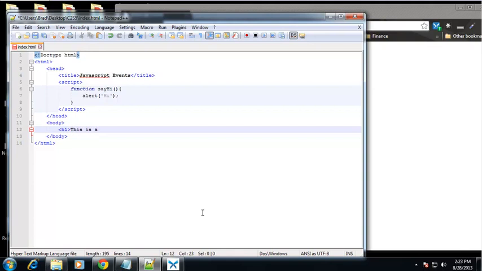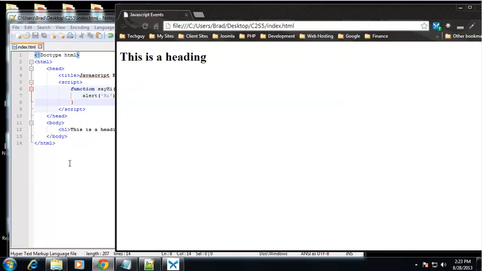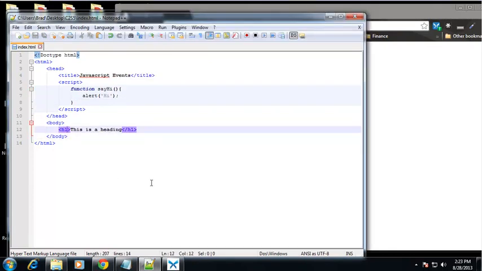This is a heading. Alright, so we have this H1. This is a heading. Now let's add a mouse over. So we'll say on mouse over. We'll have a function and we'll call that return change me. Alright, so when we hover over this H1, a function is going to run called change me. So I'm going to copy that, and up here I'm going to throw in this change me,